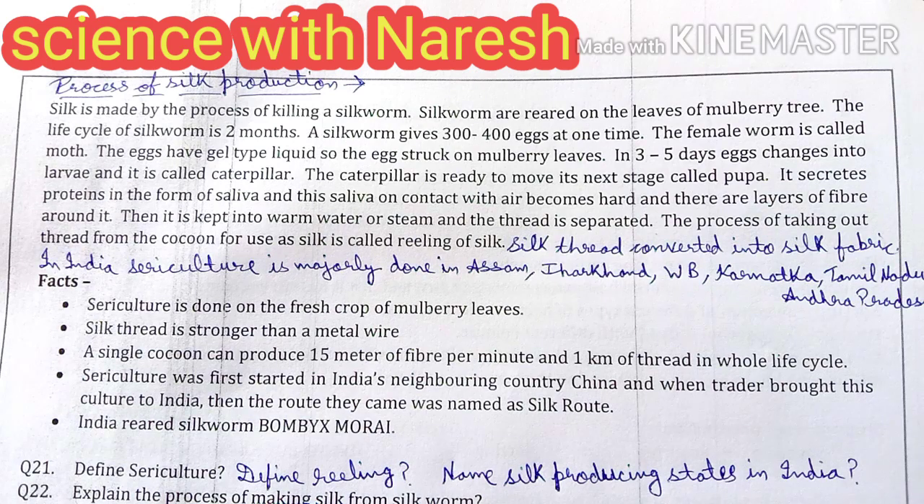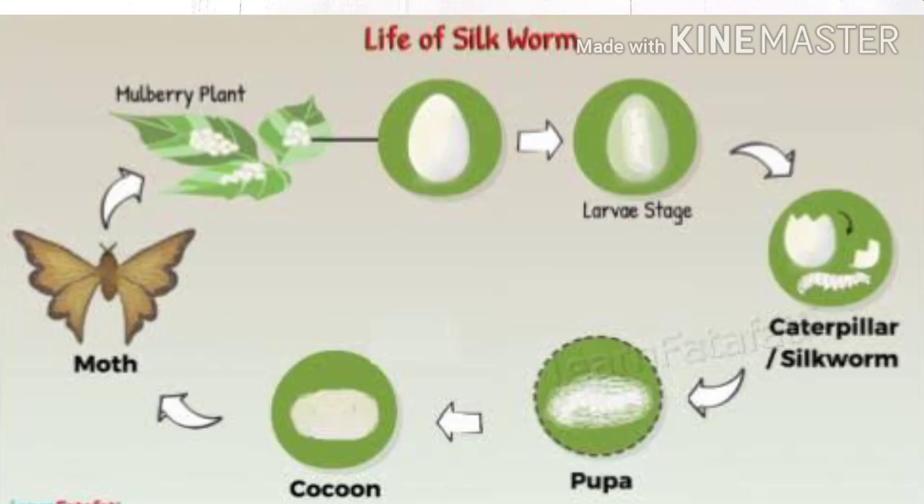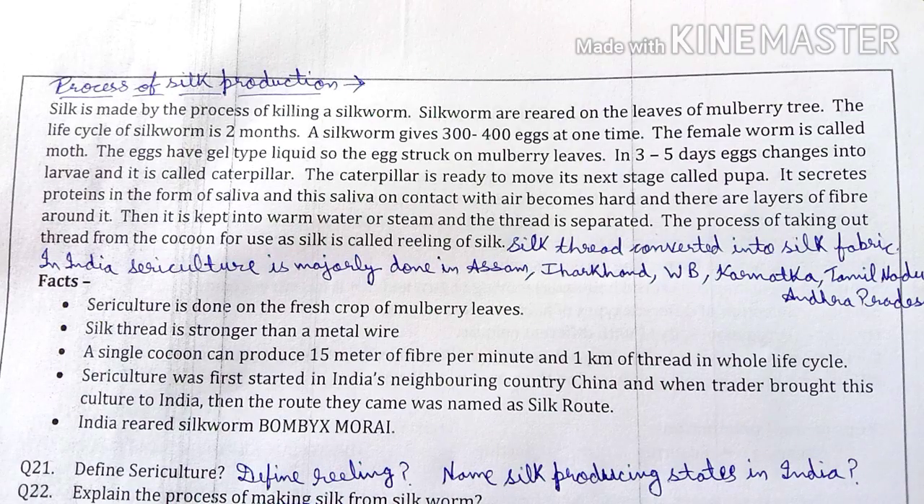In 3 to 5 days eggs change into larva, and it is called a caterpillar, meaning the young ones are produced from the eggs. This stage is called the caterpillar stage. The caterpillar is ready to move to its next stage called pupa. In the pupa stage